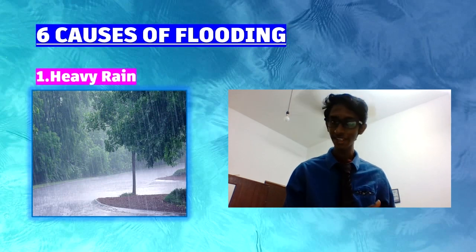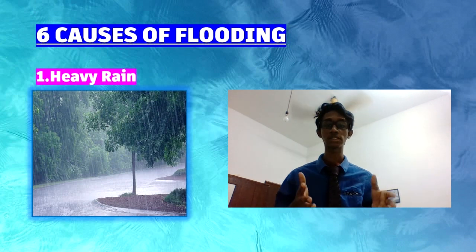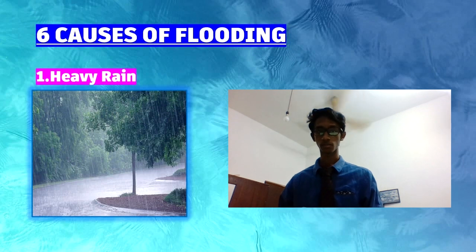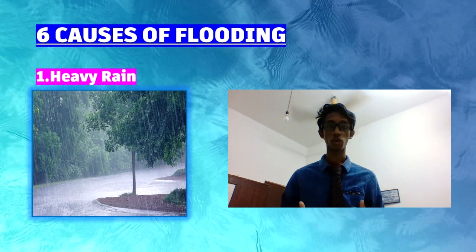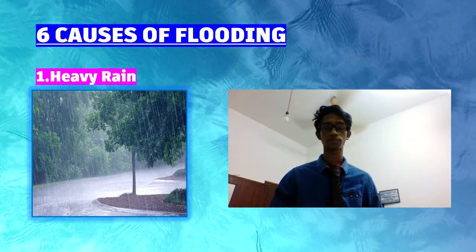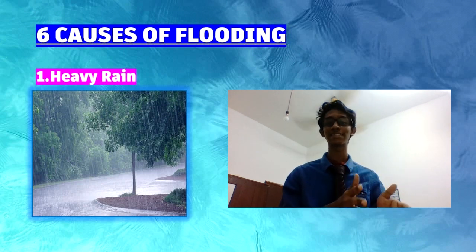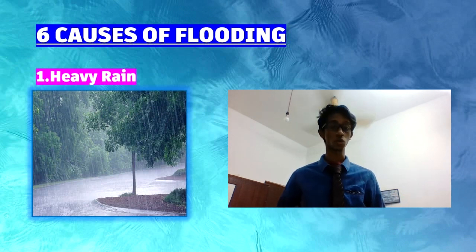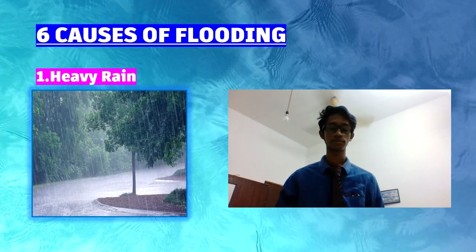When it rains heavily, however, those systems are overwhelmed and that water doesn't drain nearly as quickly as it needs to. To put it short, the drainage systems back up the water, causing it to flood sometimes into homes and houses. This typically only happens in cases of sustained heavy rains over a long period of time. So, I have just discussed that heavy rain can cause flood to occur.